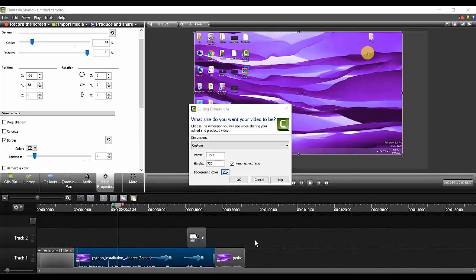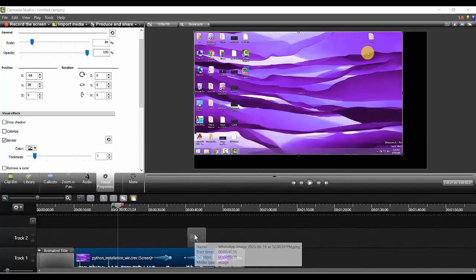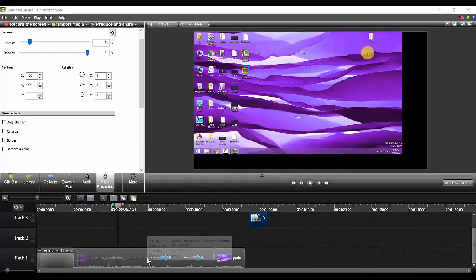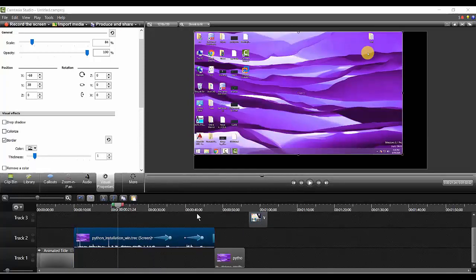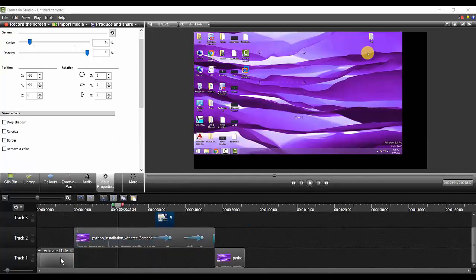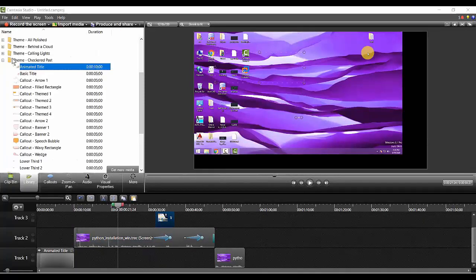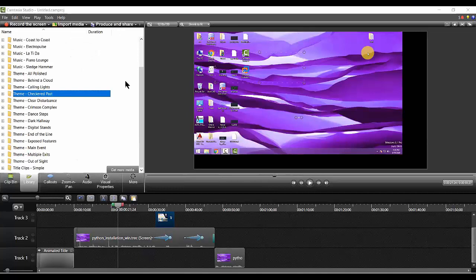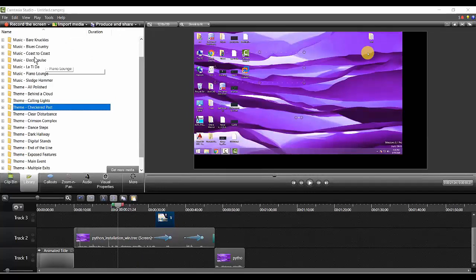Okay. Now let us assume that you want something else to be running in your background. Okay, let me say I want to have some library to play here. So let me take another theme. Let us say this one.